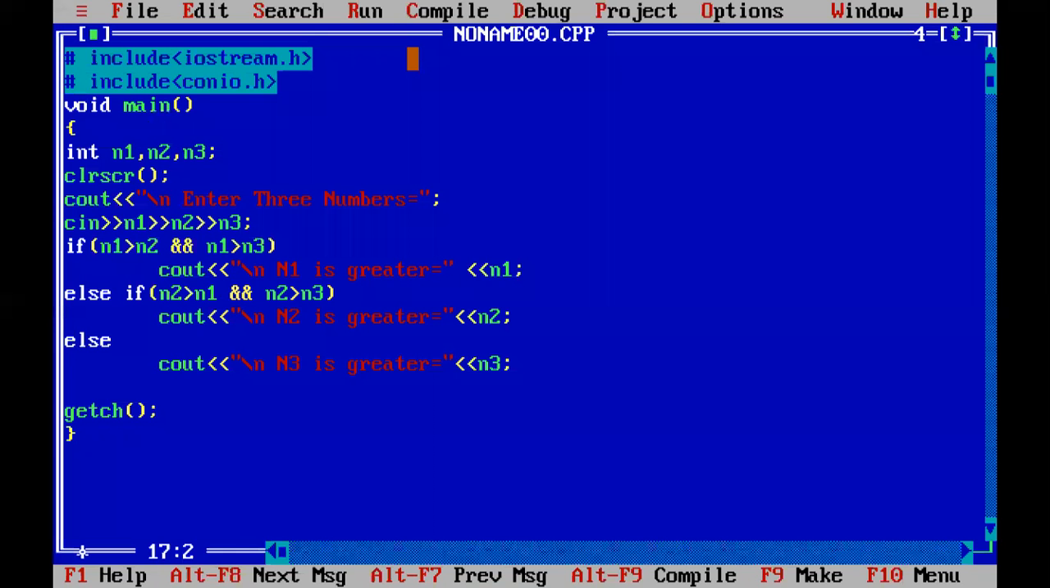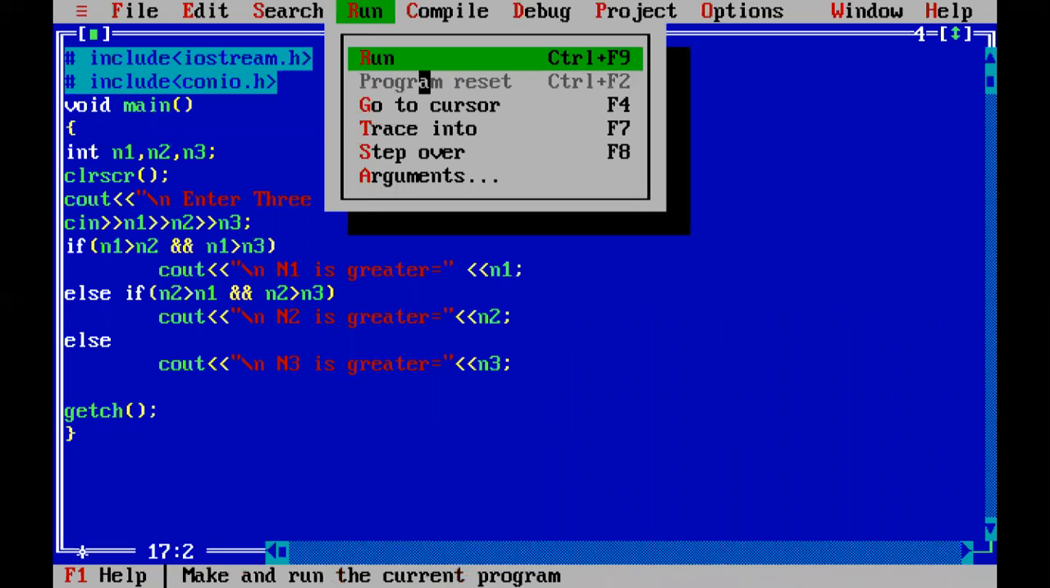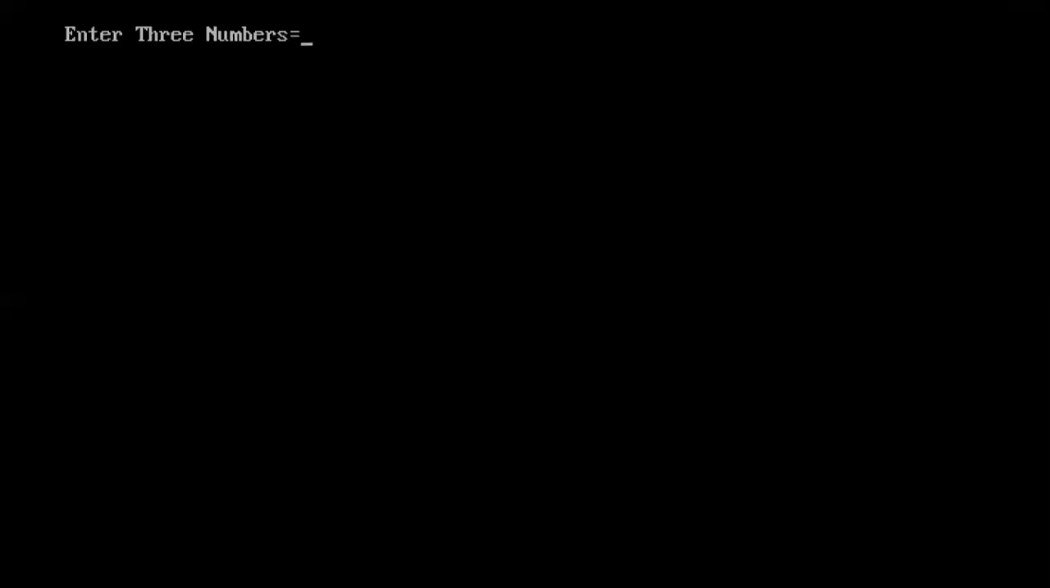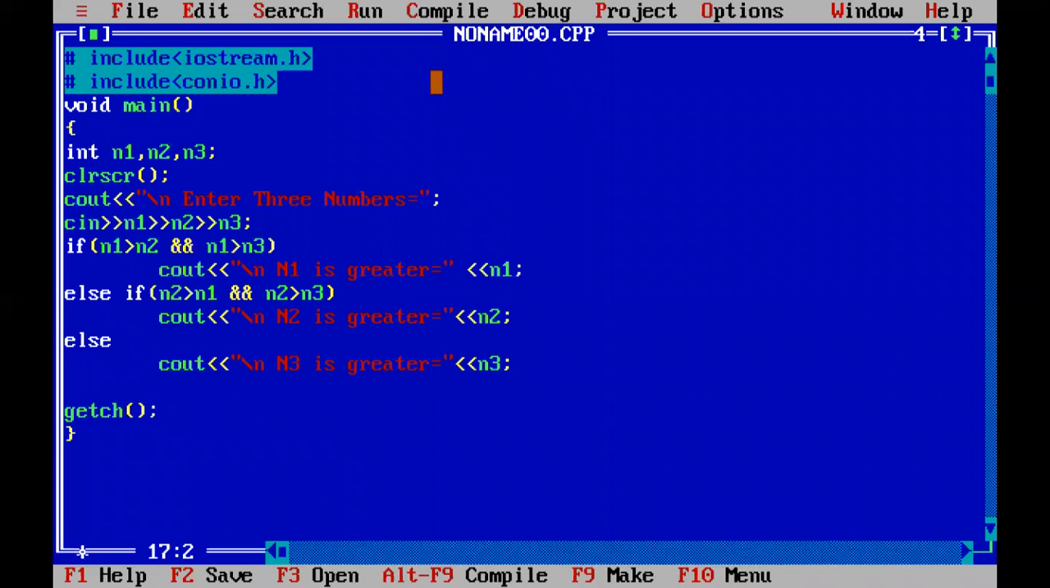Now it's running again, let's check it. Now I will assign, let's say, N1 having 34, 55, and B is 5, and C is, let's say, 55. Which one is greater? Obviously C is greater, it showed me. Okay, in the program,